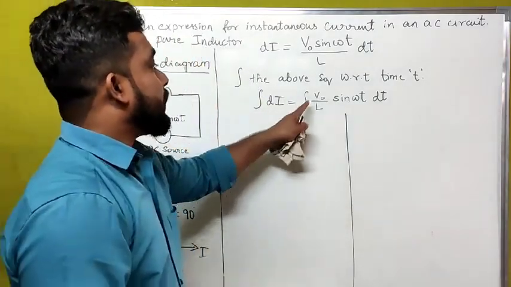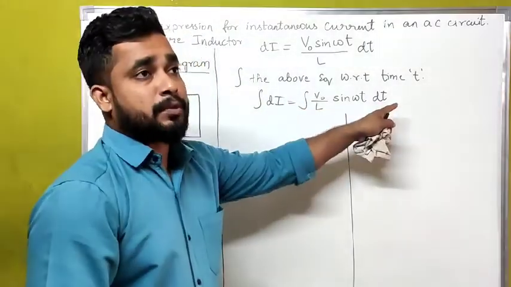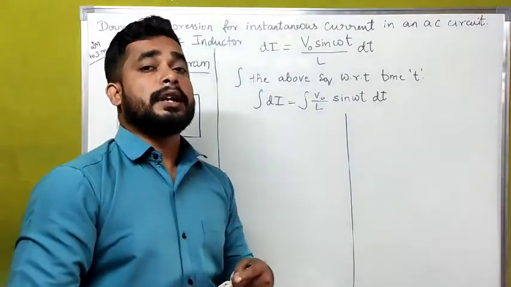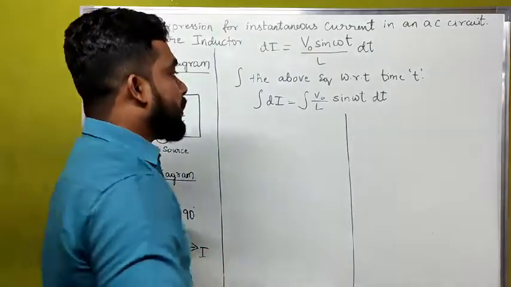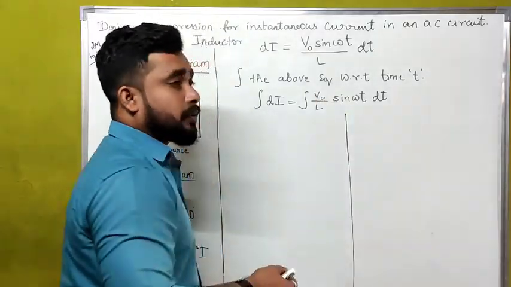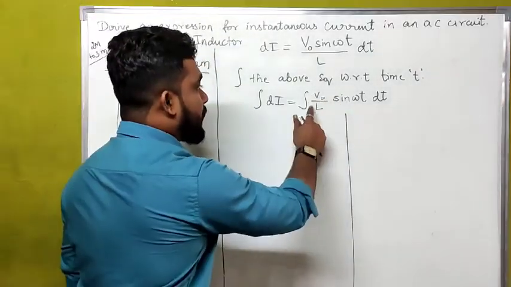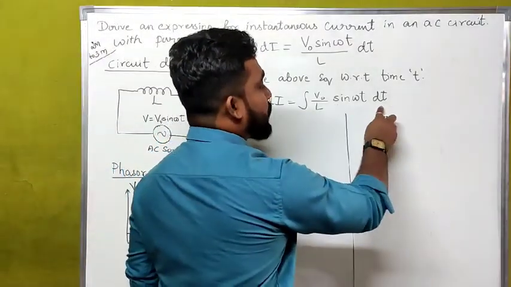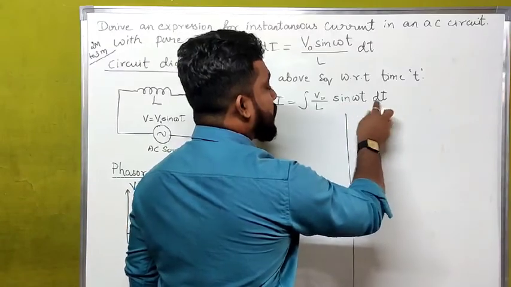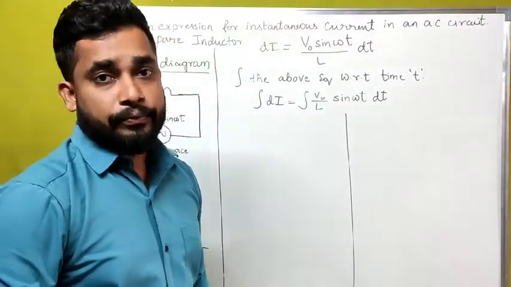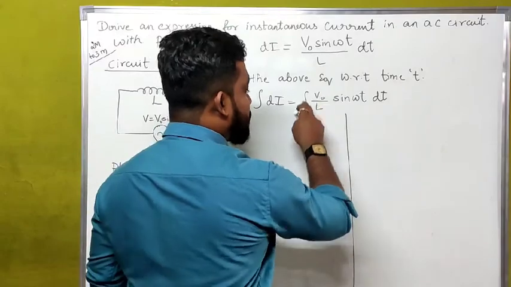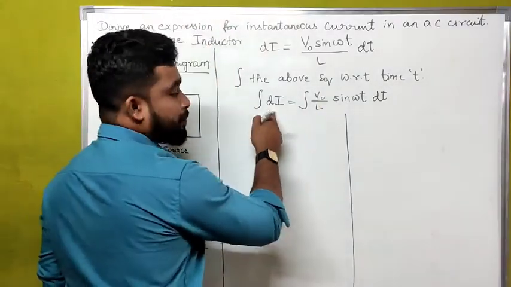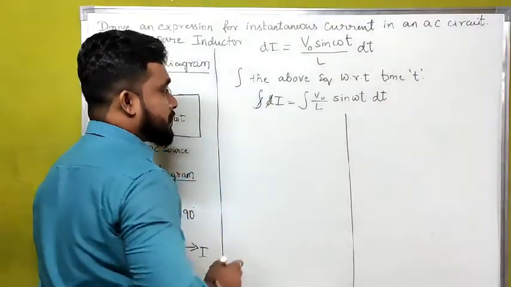If we have to integrate this equation, we have to leave the constants aside, because we cannot integrate constant terms. In this particular equation, which ones are our constant terms? V naught and L are the constant terms, and we have to integrate only with respect to time. That means the t should be inside the integral. So I am taking this constant out of the equation. Then what will we get? In this particular equation, integration and differentiation cancel.